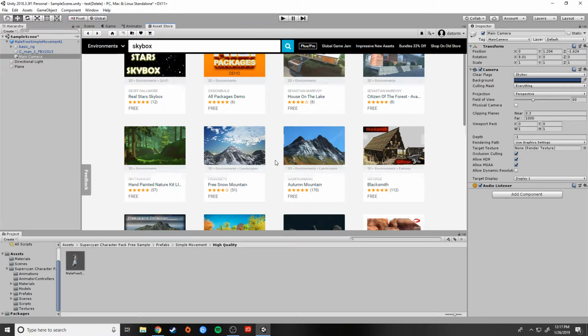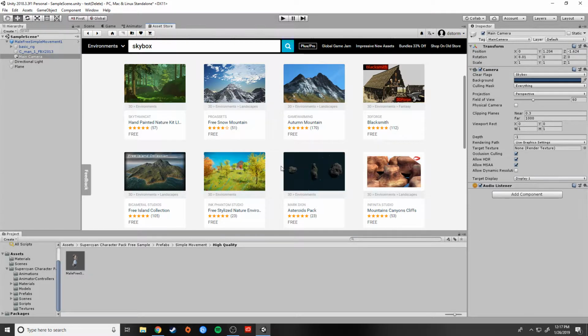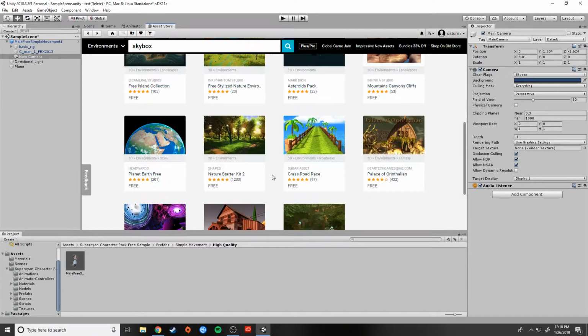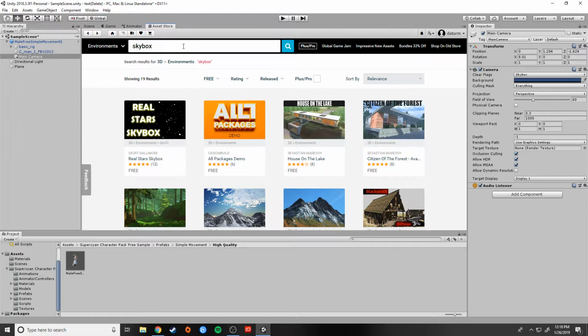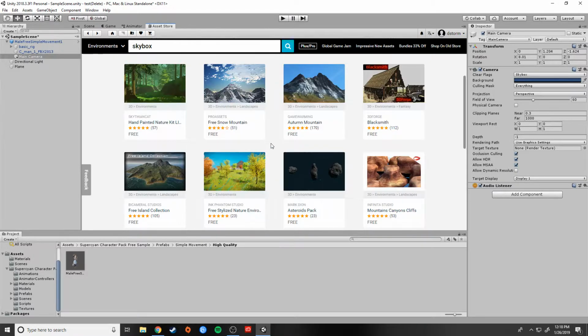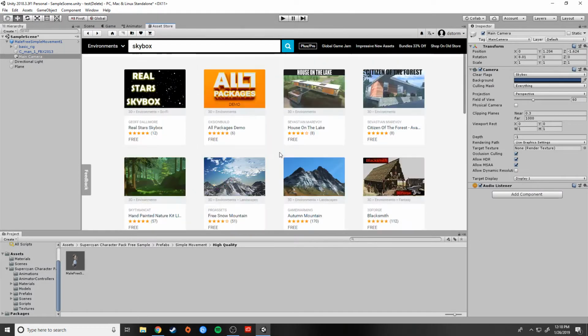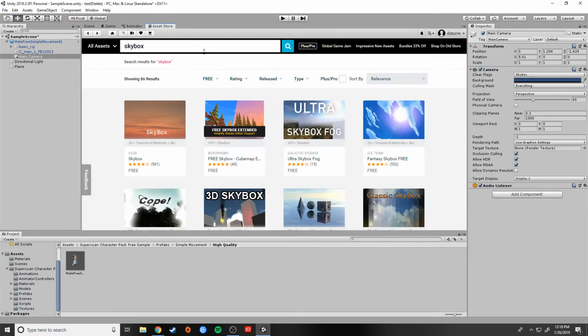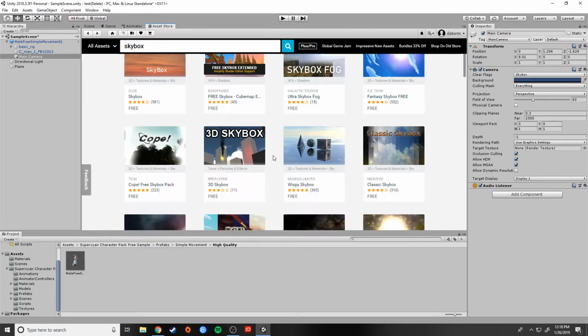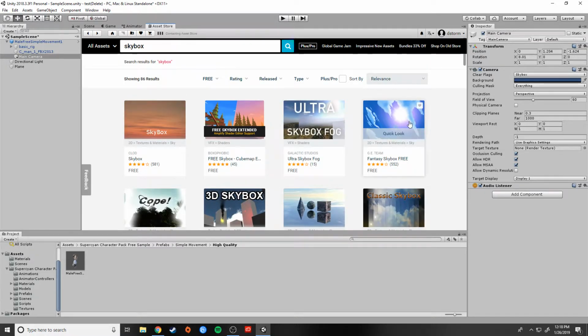Shrink it down. Let's find a cool skybox that looks a lot better for the style of game I'm going for. Stars, autumn. These are all landscapes and environments. I want to filter it again. Let's go all assets, skybox. There we go. That's a little bit better. Free skybox, fantasy. Fantasy looks cool. Let's do the fantasy one. I'm going to download this one